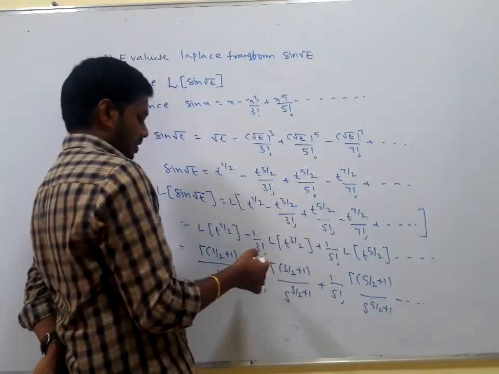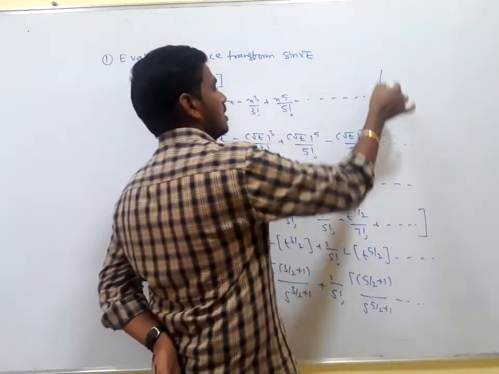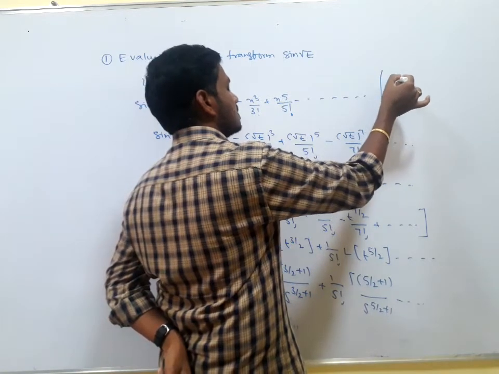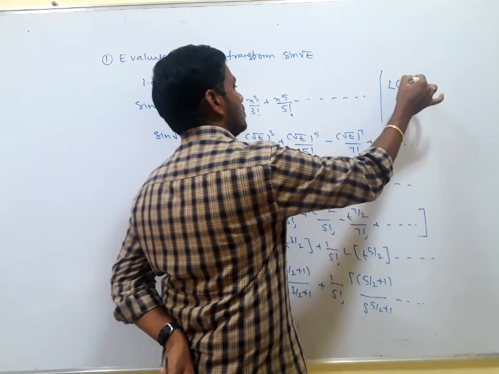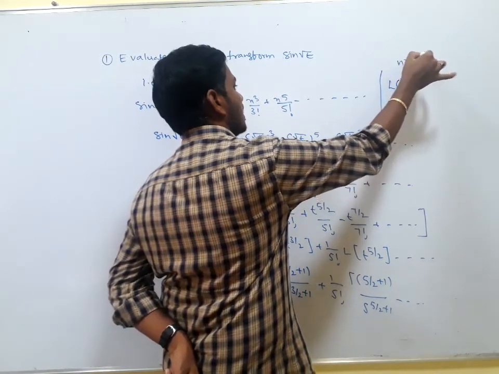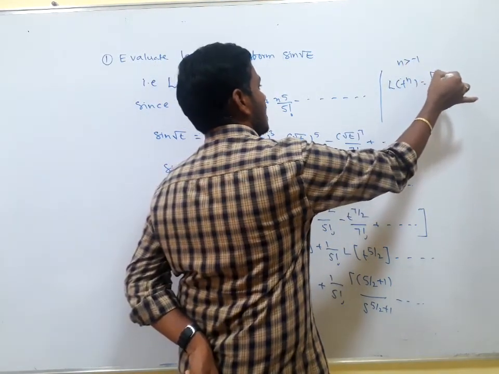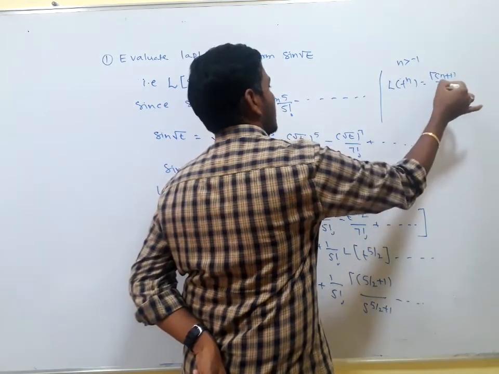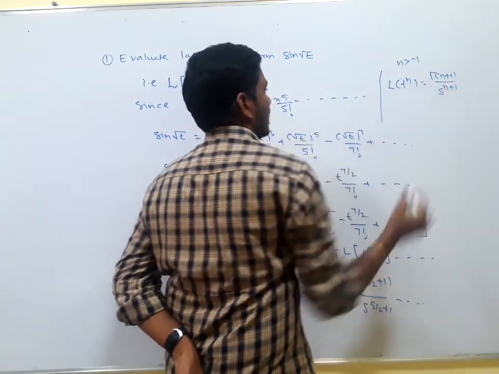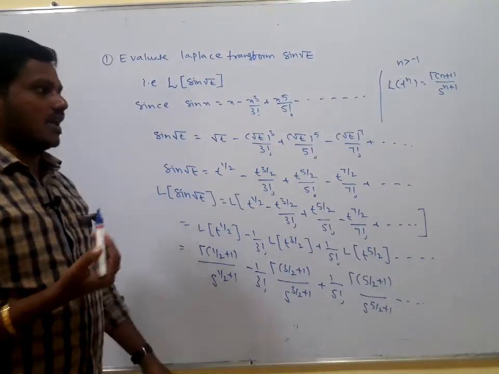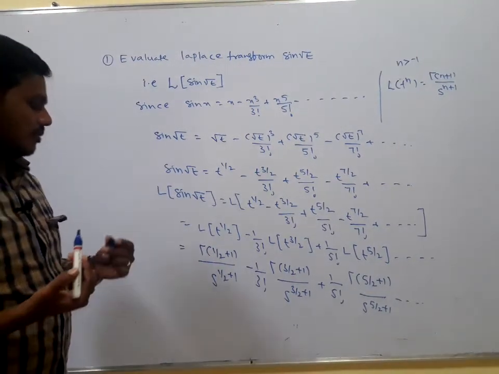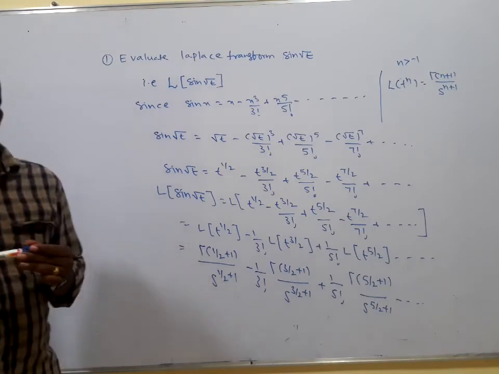What is the property we are applying here? The Laplace transform of t to the power of n, where n is a real number greater than minus 1, is equal to gamma of n plus 1 divided by s to the power of n plus 1. When n is an integer, we can write gamma of n plus 1 as n factorial. Here it is a real number, so this can be written as